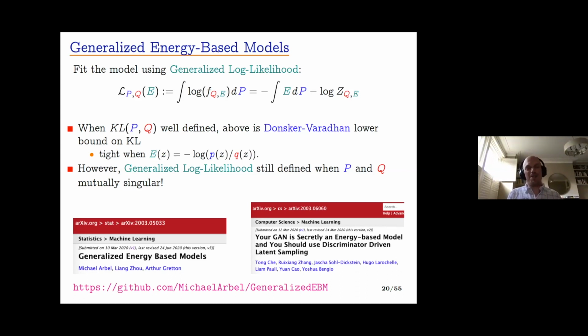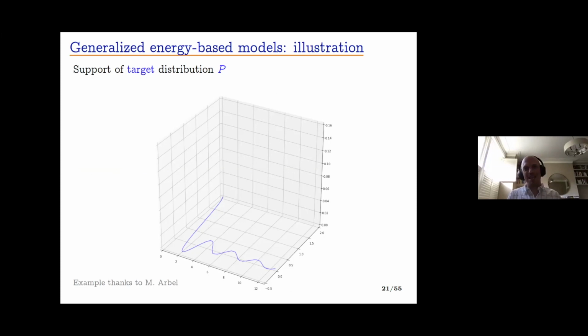All right. So we've got this notion of generalized log likelihood, which we're going to then try and use to fit an energy-based model. So there are three things we need to do. First of all, we need to fit our energy, right? We've got this loss function, but we need to fit the E from it. Second, we need to fit our Q, our generator, our base measure. We need to find a way to optimize over that. And finally, having fit our E and having fit our Q, we need to sample from this thing. Okay, so these are the tasks we have.